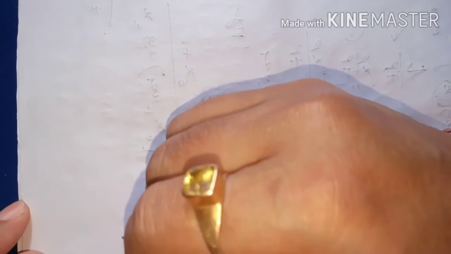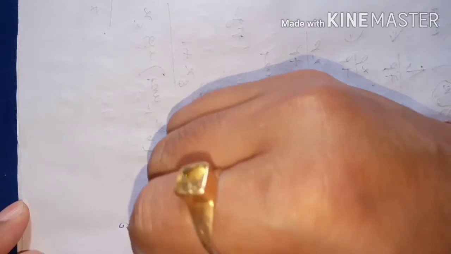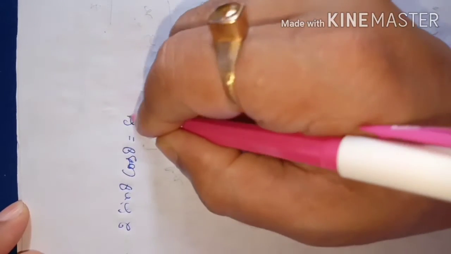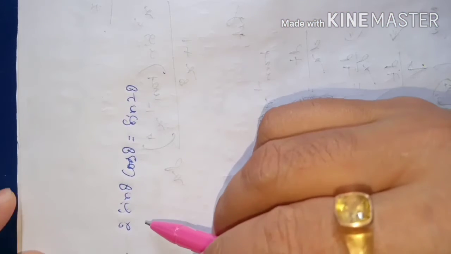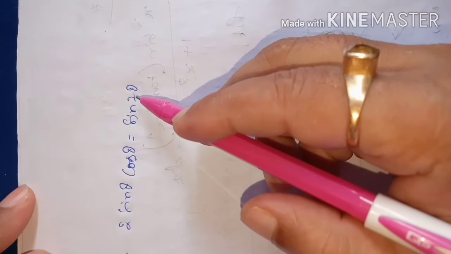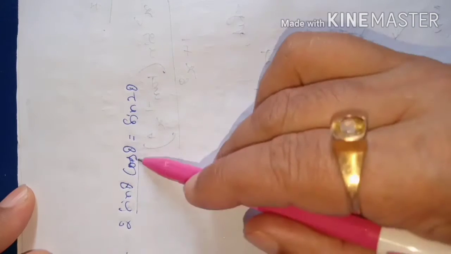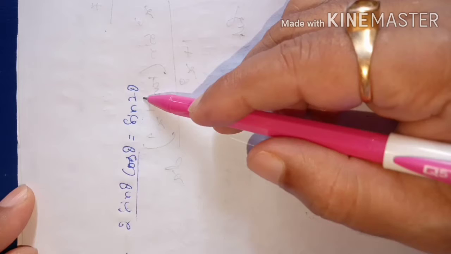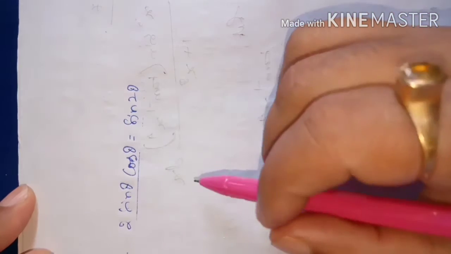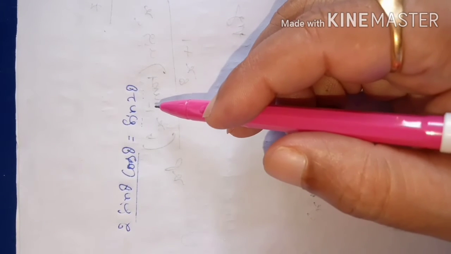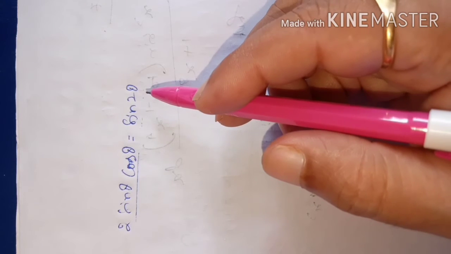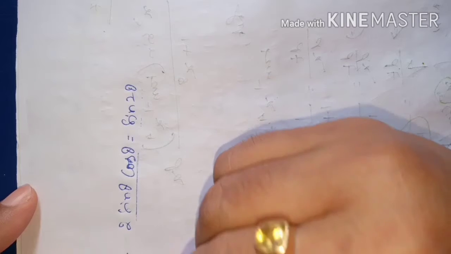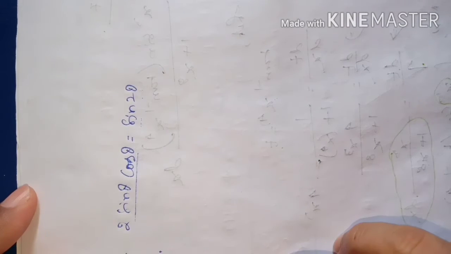First of all, you recall there was an identity like this: 2 times sine theta into cos theta is equal to sine twice theta. So when an expression is given in terms of sine and cos, you can immediately turn it into sine only. Then it will be easy for you to do the integration, because you know the integration of sine theta is minus cos theta. So you need to convert into standard form by using the identities.